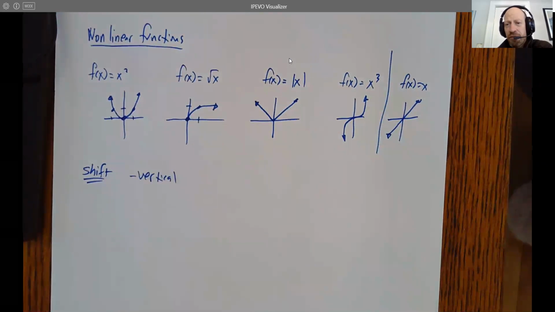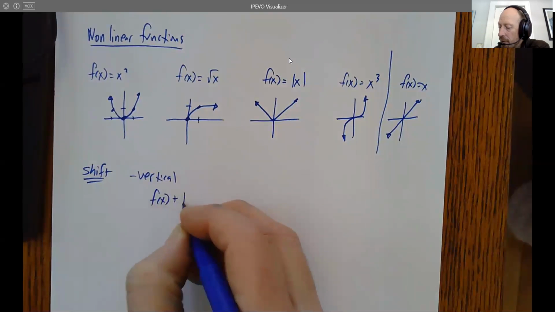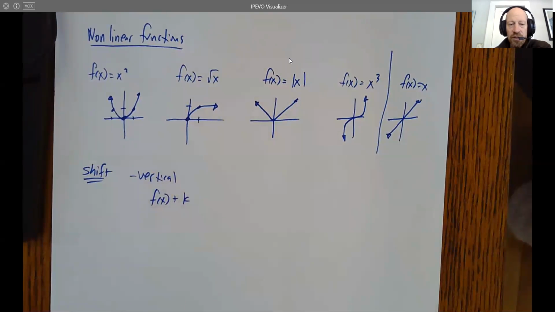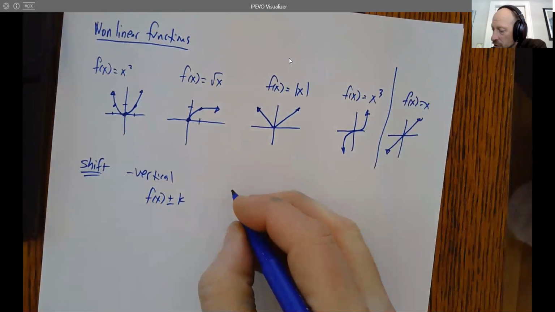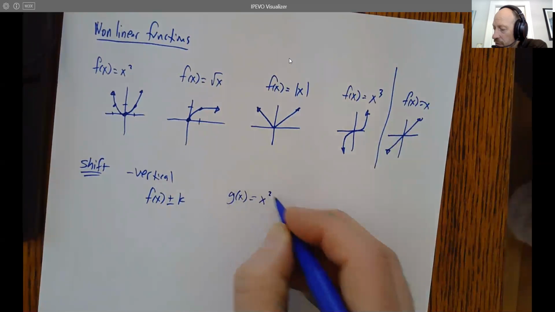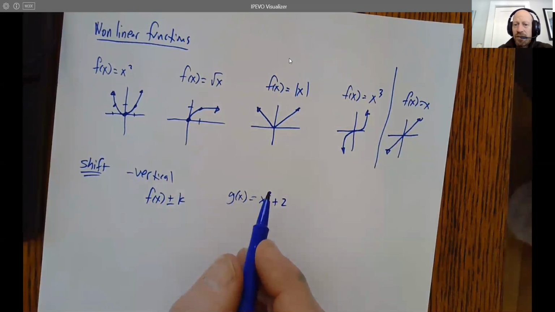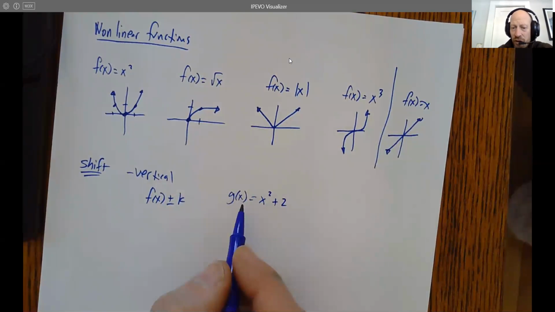In order to shift a function vertically, we're going to add or subtract k to the function value. And that's going to move it either up or down from its original place. The example of that is if you see a function that looks like g of x equals x squared plus 2,